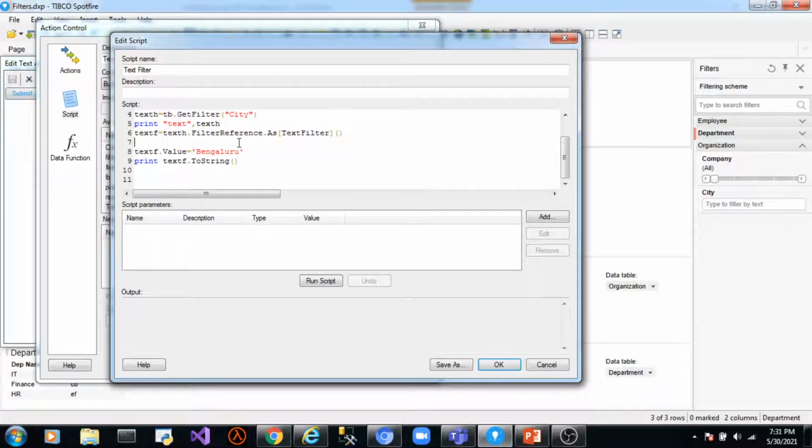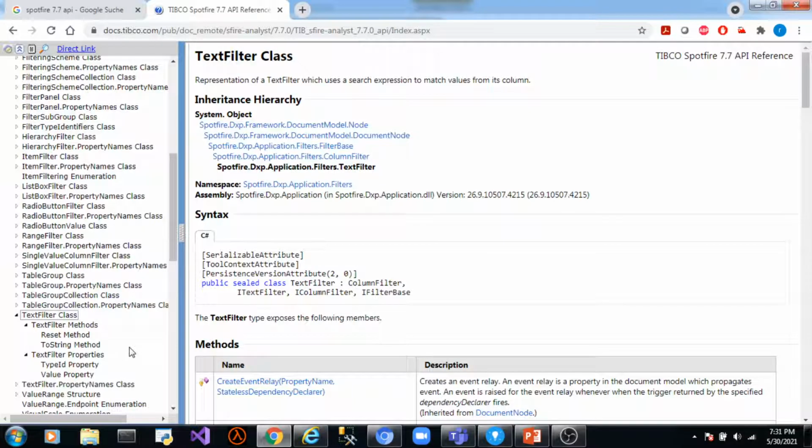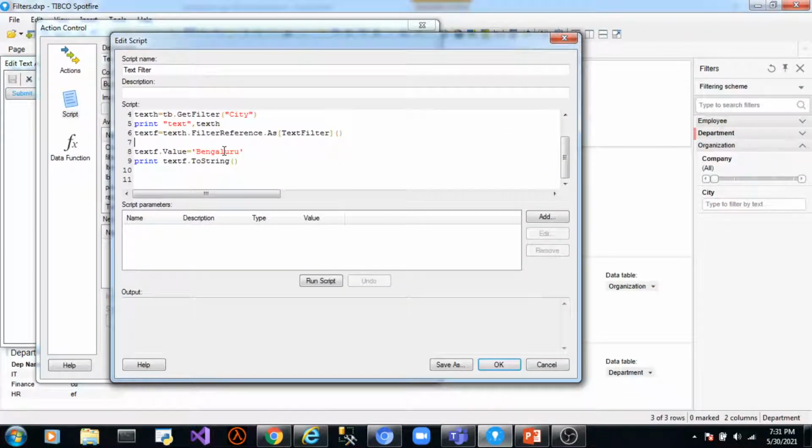Value will return as well as allow you to set or pass a value to a text box filter. Suppose I want to set this city text filter to Bangalore.